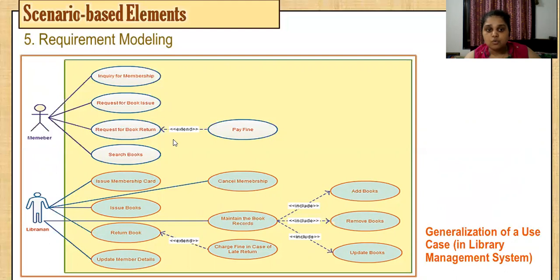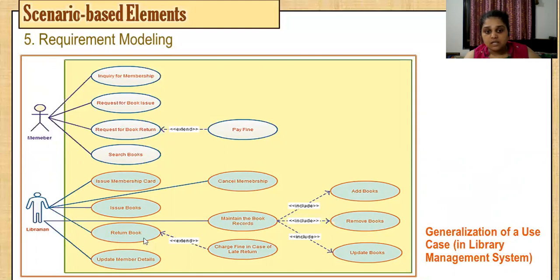Now, when you are implementing extends and include all together, then you are using a generalization of a use case. As you can see, request for book return is extended by pay fine. So if your book return is not on time, then you have to pay a fine. Otherwise, you can directly return your book.